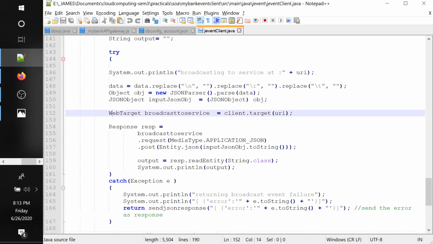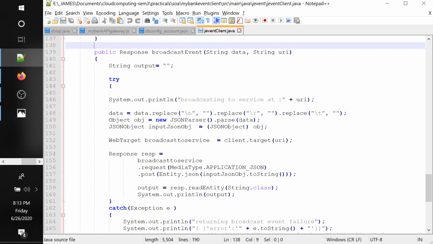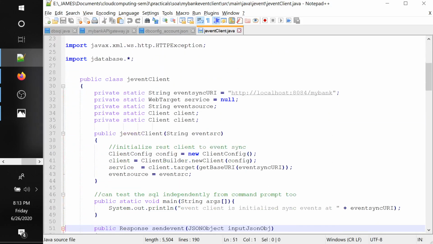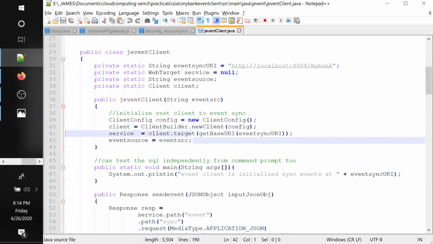So if you notice, I am calling a REST service. This is the code showing how to call the REST service. You need to create the client object, right? We have not done this demo last semester. We were able to connect to the REST service using the browser, but how do we call the REST service from a Java program?